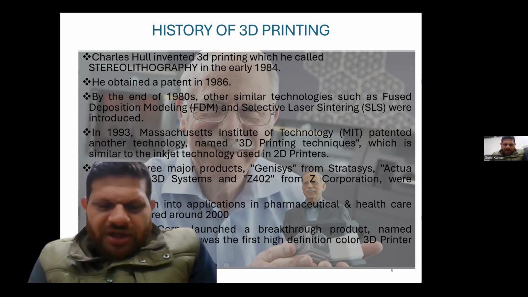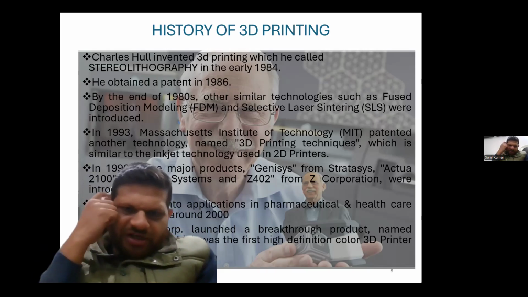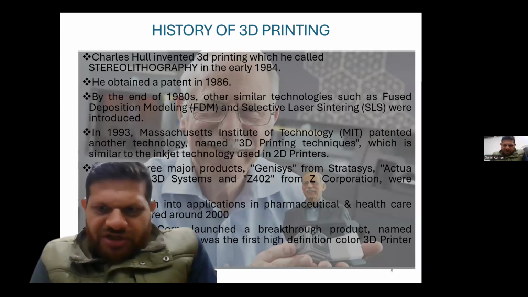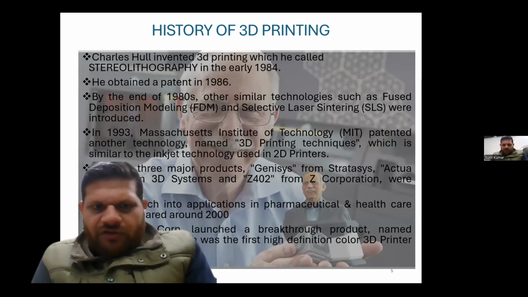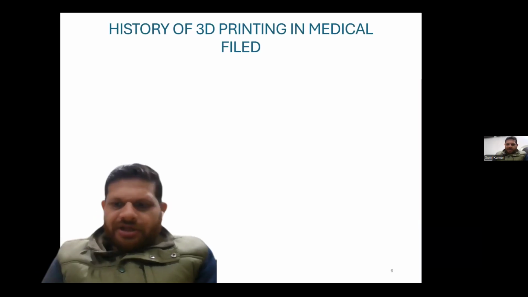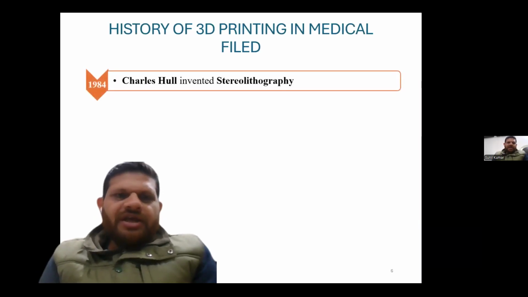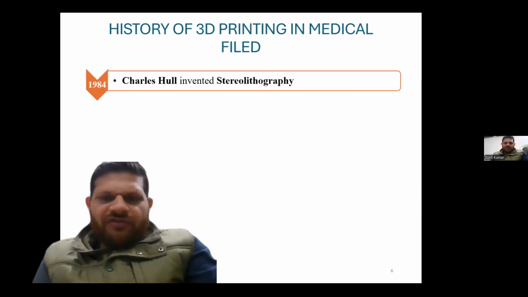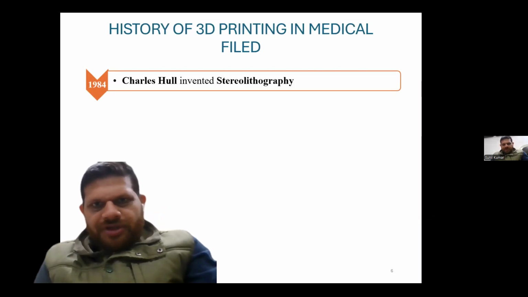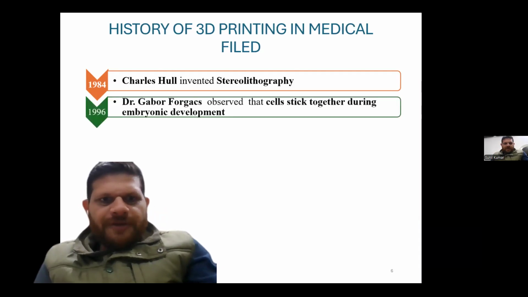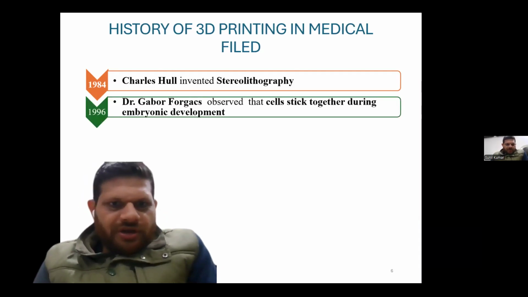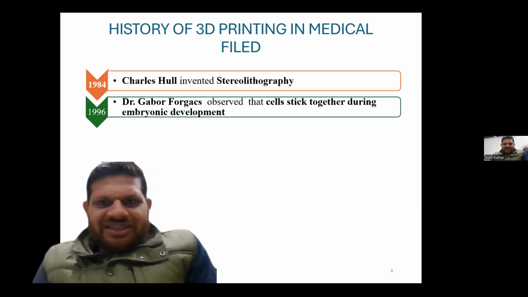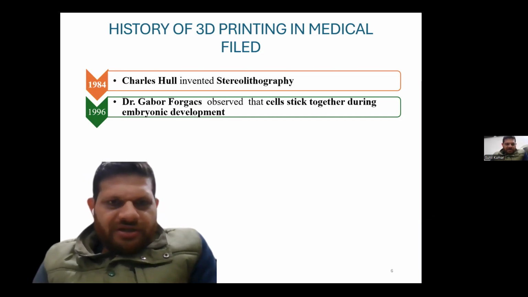a breakthrough product, Z510, which was the first high definition 3D printing in the market in the field of health. So, in detail, stereography was the main method of 3D printing to be introduced, and nowadays it is also mainly being used in our medical field. Then Dr. Gebro observed that cells sticking together during embryonic development can be done, and he observed this